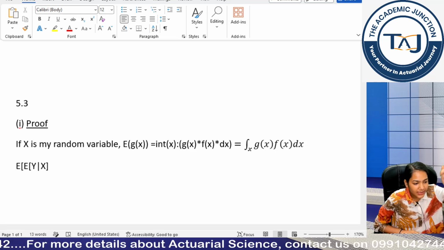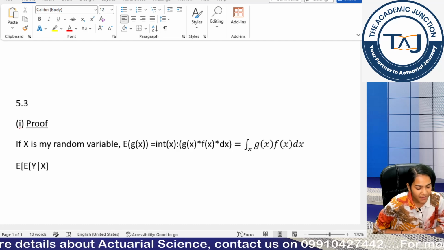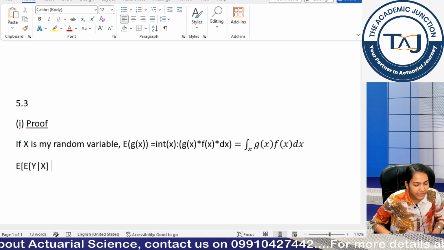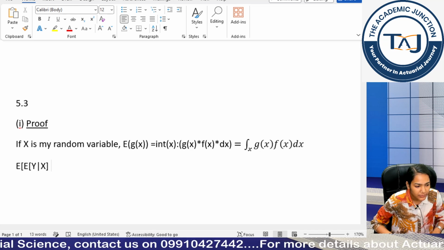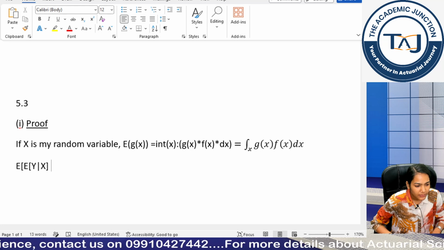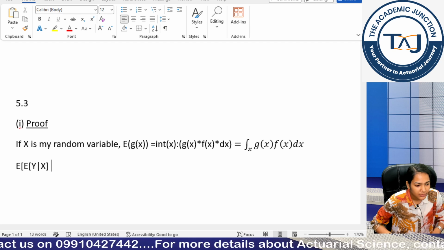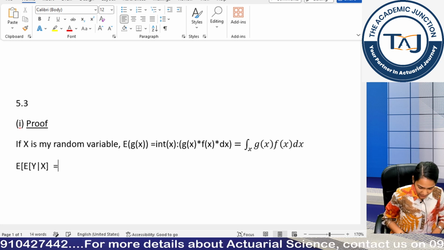Everyone able to get this vertical slash or not? Anyone struggling? Okay, I hope everyone has got that, otherwise I will help you get it.